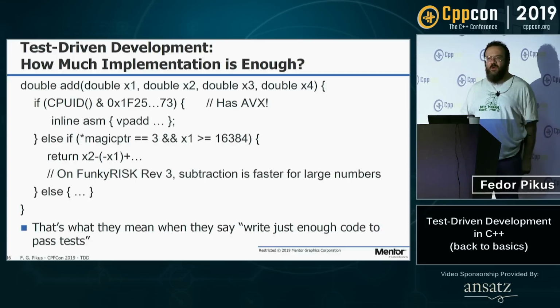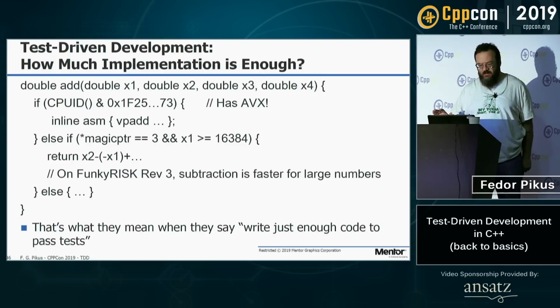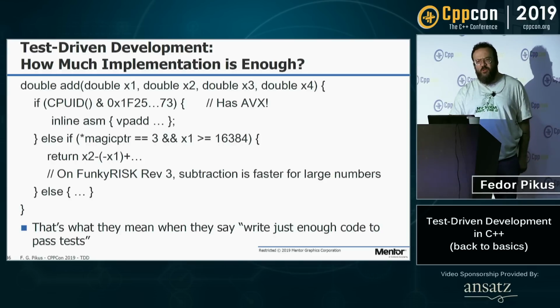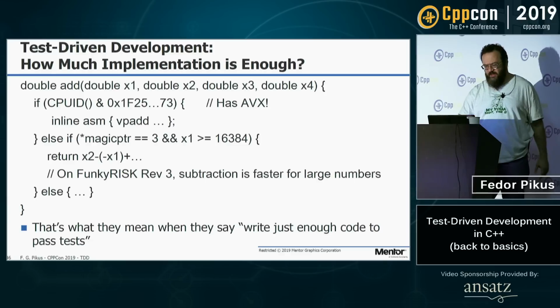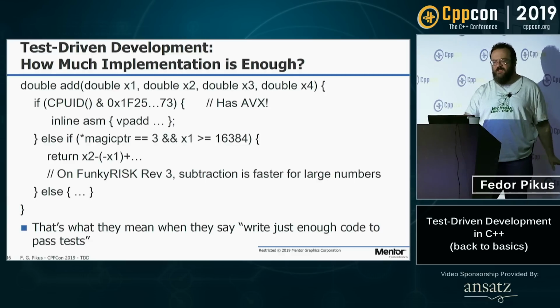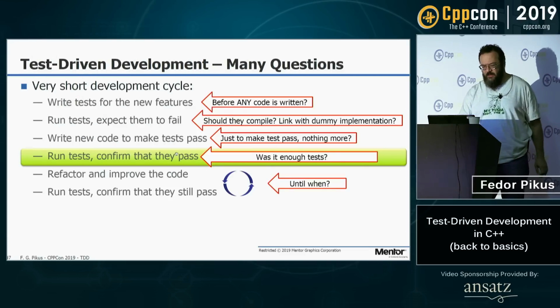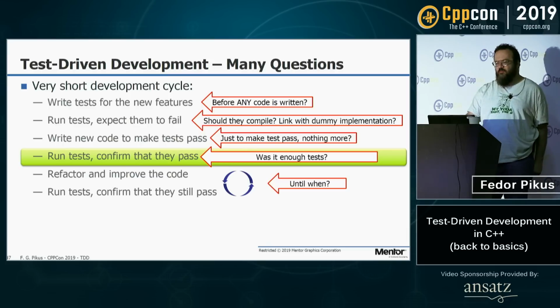Don't optimize, don't put multi-threading in, don't do parallelism yet, don't do exotic algorithms, don't vectorize, don't do any of those things yet. But yeah, it probably should return the results not just for the test, but according to the more general spec that you have. If the spec says it should add, it should add. You run your tests, you want to make sure that they pass after you actually implement the code.